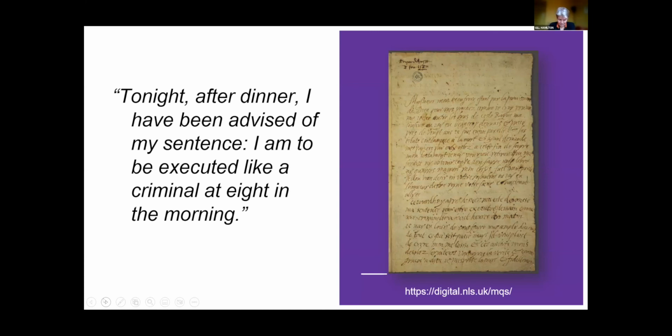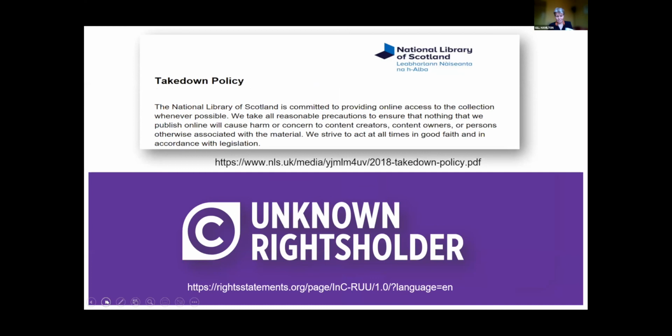But regardless, rest assured that Mary, Queen of Scots' last letter has been risk assessed by the library, and we determined that it is low risk in terms of someone coming along and claiming rights in it, but still we assign a copyright statement to it. That statement is: in copyright, unknown or unlocatable rights holder. However, in the unlikely event of a rights holder coming forward to claim copyright in this item, we would apply our takedown policy and remove the content from our website. So we wait to hear from Mary, Queen of Scots